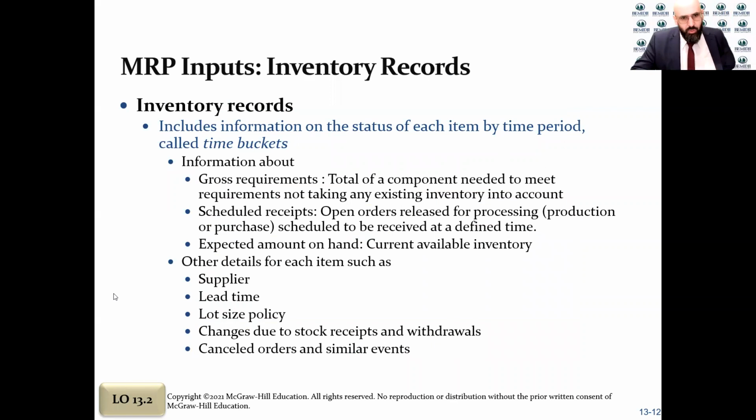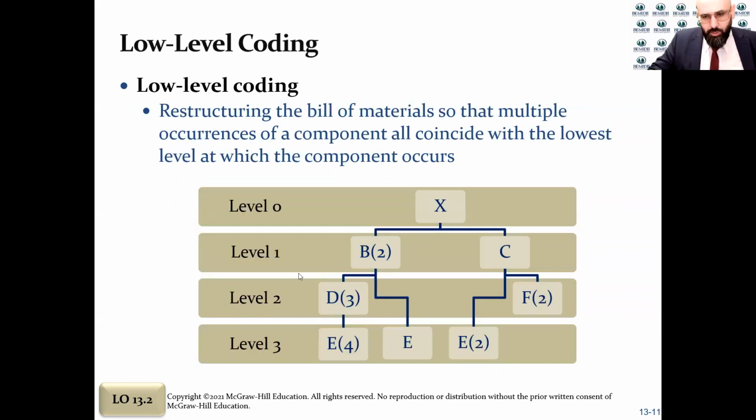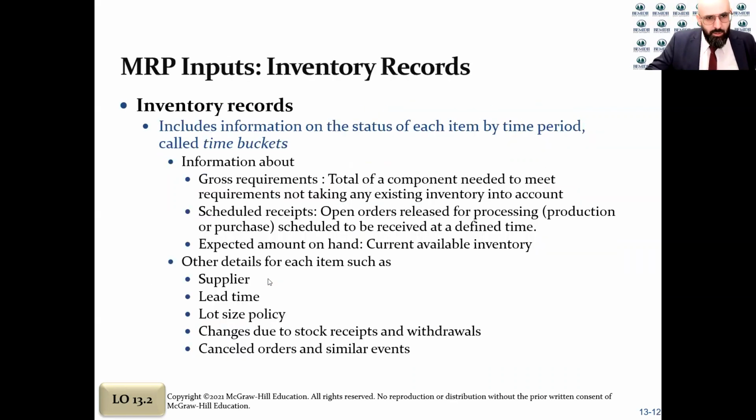All right, so now we're done with the bill of material, and hopefully you understand what the bill of material is. Now, what I want to do is another input. We're moving into inventory records. For inventory records, we look into the information on the status of each item by period, and we call it the time buckets. When we look into the inventory, we look into the gross requirements, and these are the total of a component needed to meet the requirements, not taking any existing inventory into